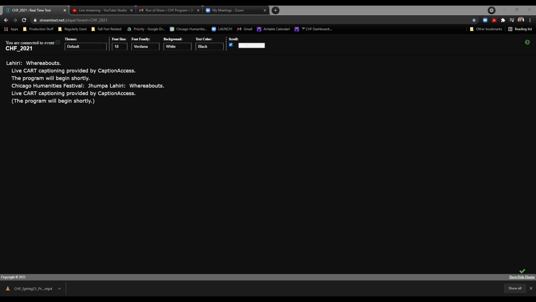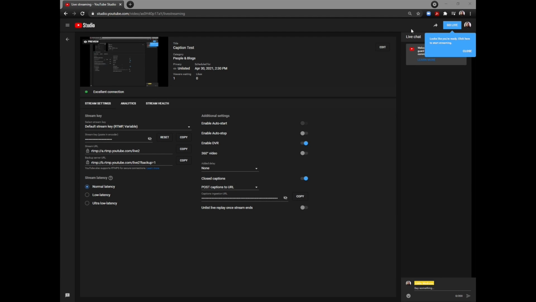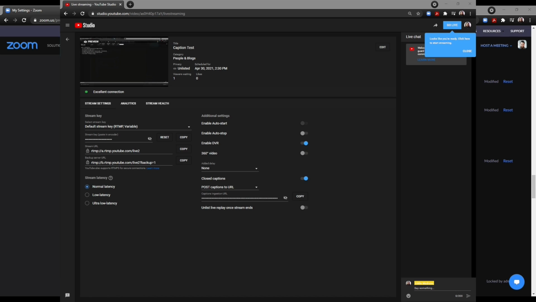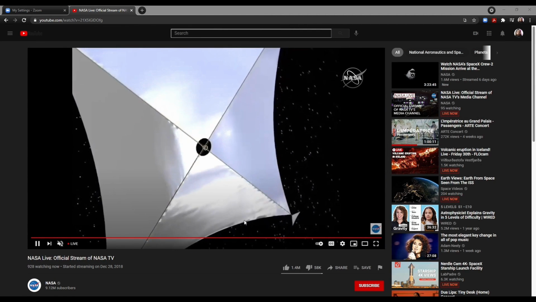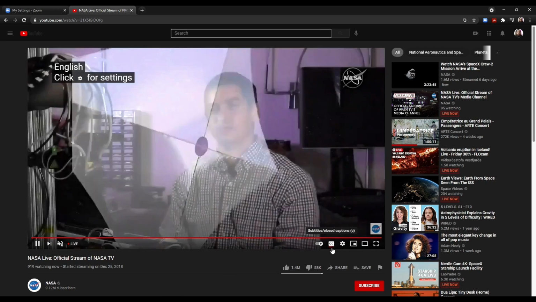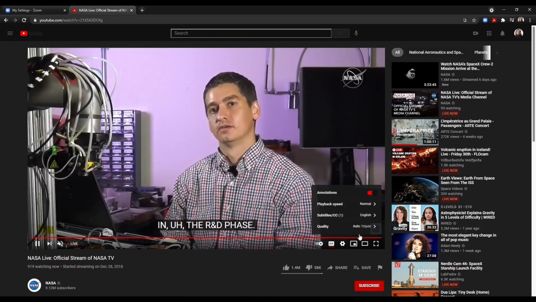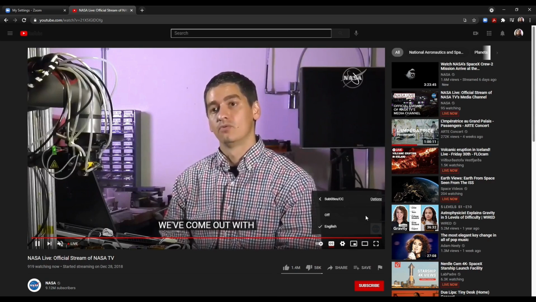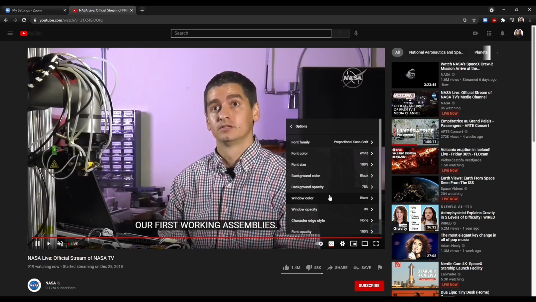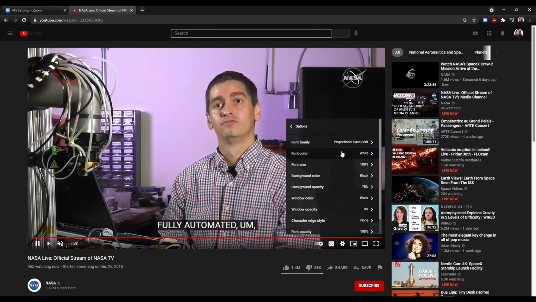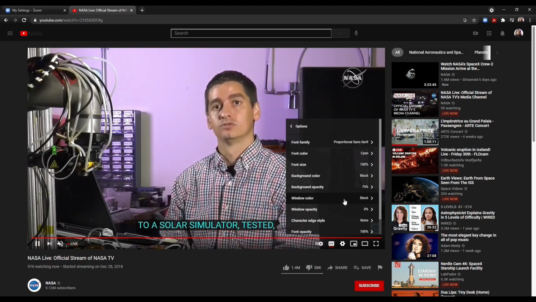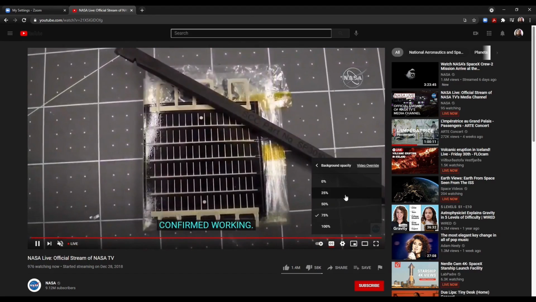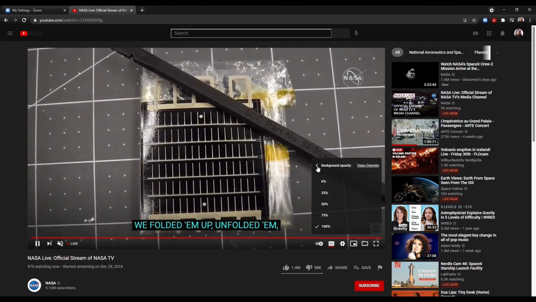Once the program is live, you can view captions on the stream by hovering over the video and selecting the CC button located on the lower menu. The red line underneath is your indicator that captions are on. To edit the appearance of the captions themselves, click on the gear icon and select Subtitles/CC and click on Options. You'll see a number of customization options that will allow you to tweak the captions to best suit your needs. Now, sit back and enjoy the show.